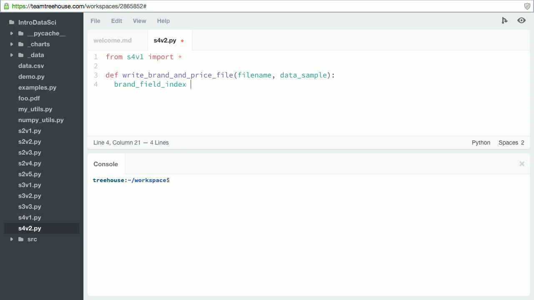I'm going to write out two variables here, the brand field index and the price field index. Just in case I don't remember what they are, I have them assigned here. I'm going to have a list here for the new array, which will contain just 2 items per row. And the way that I'm going to create that is by saying for each record in data sample, I'm going to say that the new record